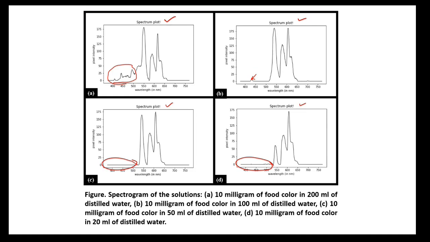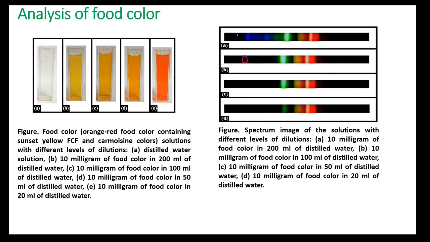Now, one typical question is, can anyone tell me how we can get to the spectrum plot from these images? Anyone? So it is understood that none of you know how we can get the spectrum plot from here. So are you getting my point? Can anyone tell me how we can get to the spectrum plot from here? Any idea? Anyone?